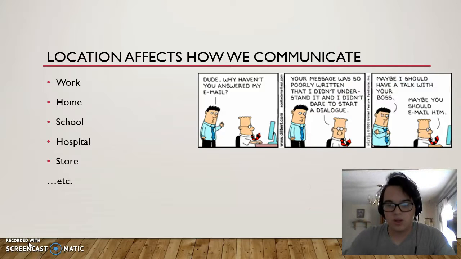Location. Okay, so whenever we decide to communicate with others, we need to decide what our location is, and this will help dictate what we talk about and how we present ourselves. Like if we're at work, we're going to present ourselves hopefully more professionally, and we're not going to talk about inappropriate things at work. So location can dictate a lot of how we communicate with each other.